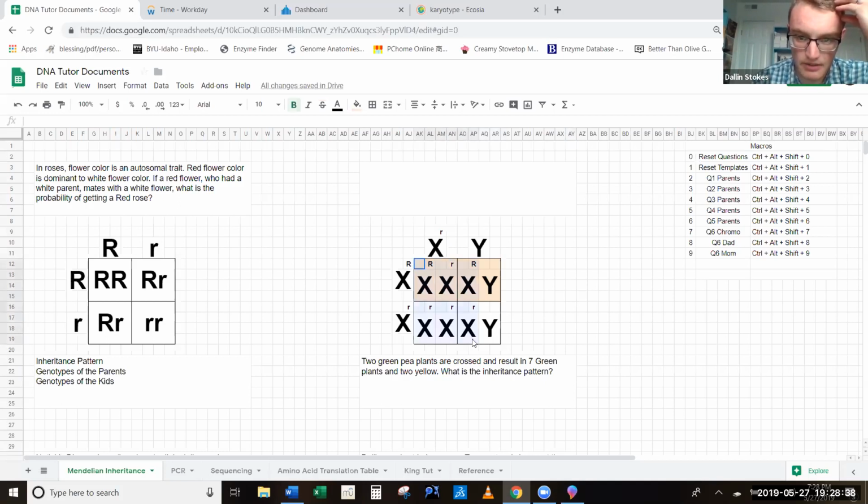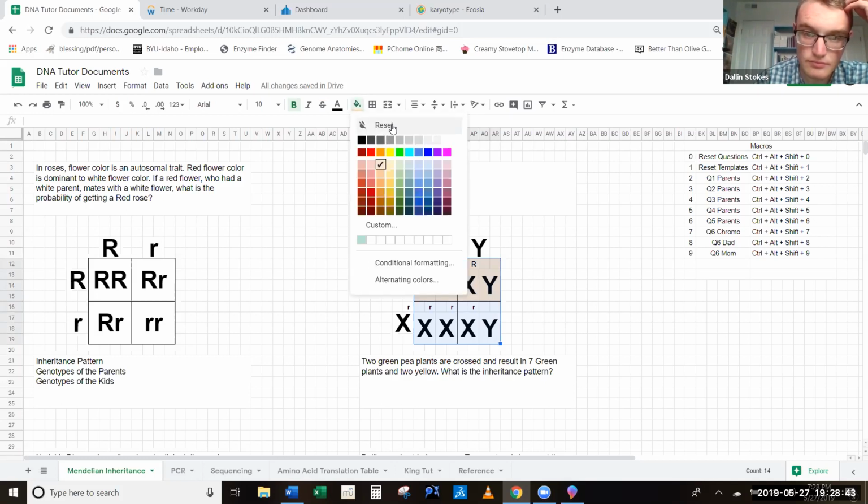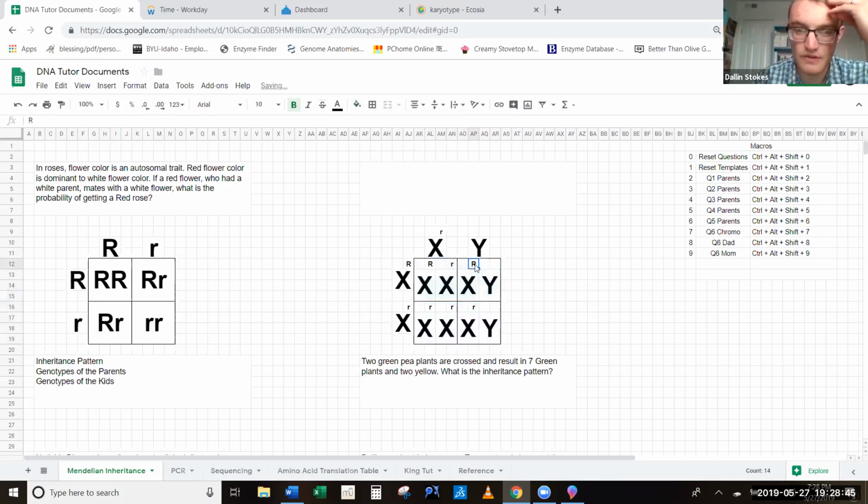Let me reset my coloring here. And we'll delete these up here and these up here. Again, it's going to be XY, XY. But now let me give the dad a big R up here, which means he has normal skin pigmentation. Because remember, he's only got the one allele. And we're going to give mom,